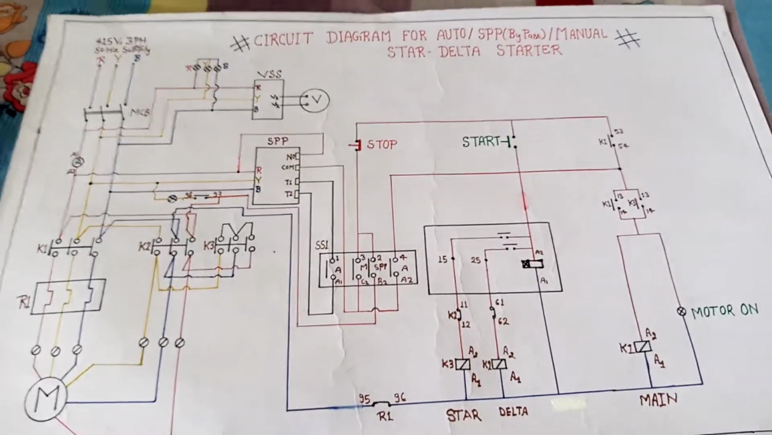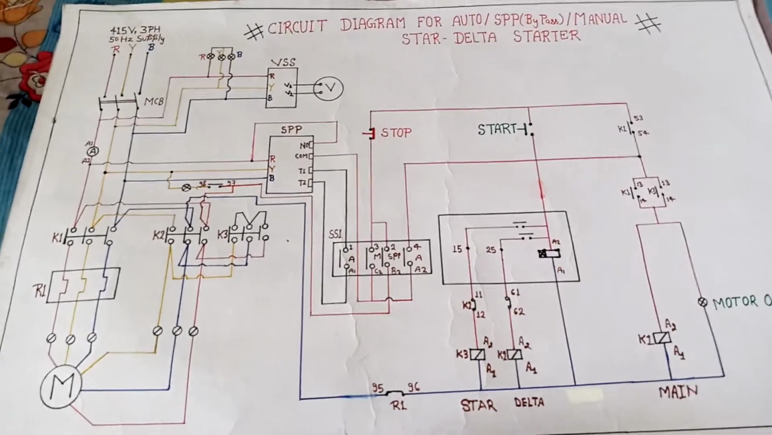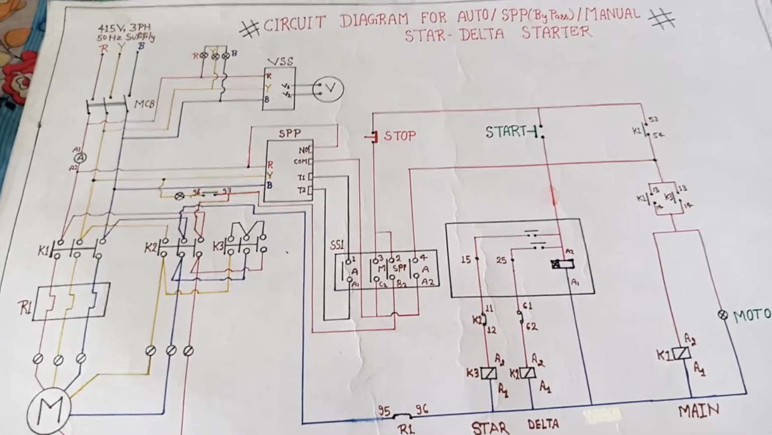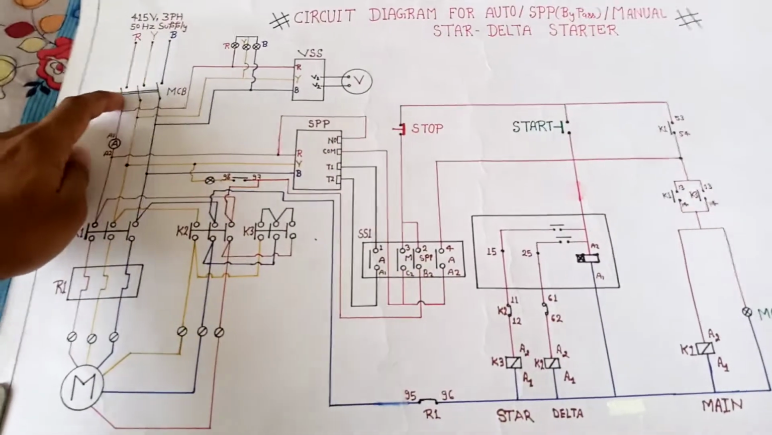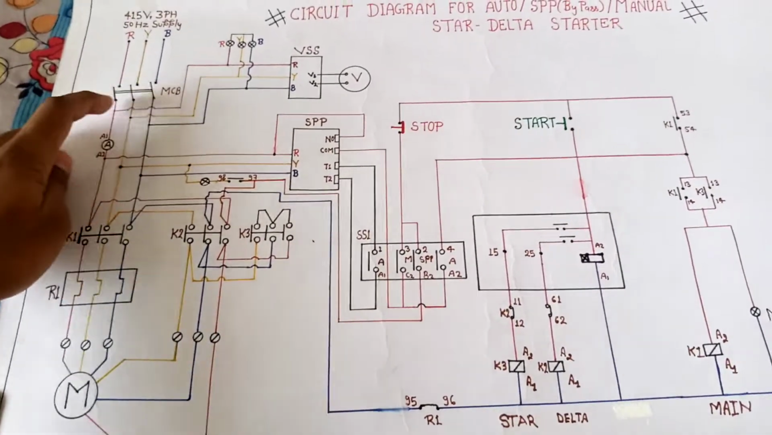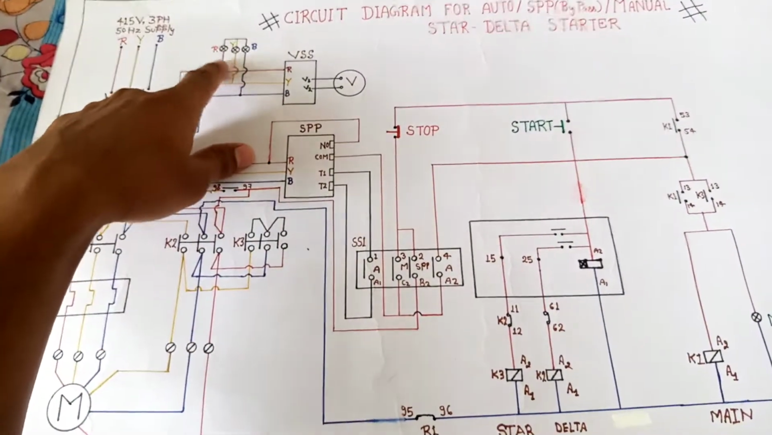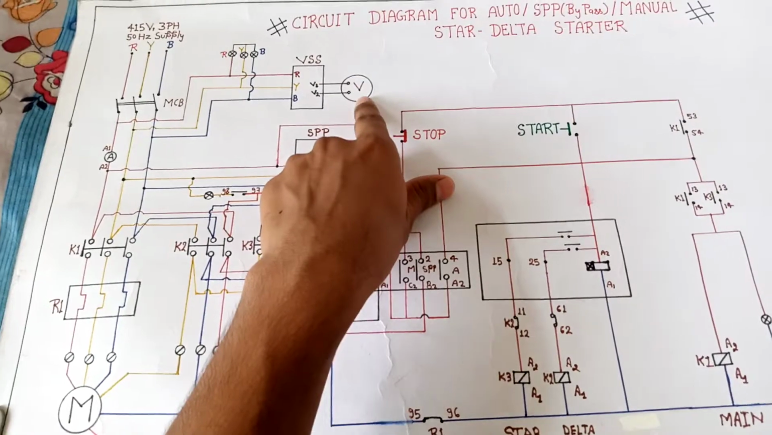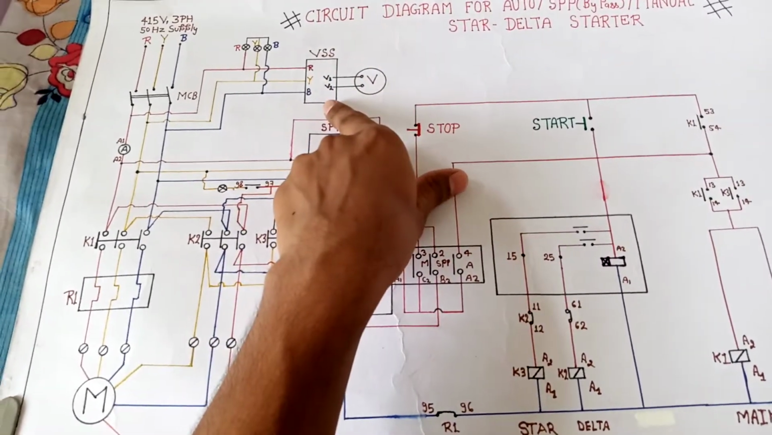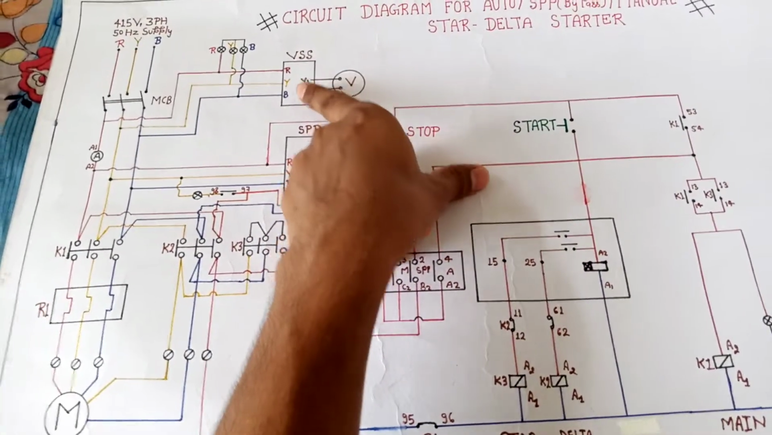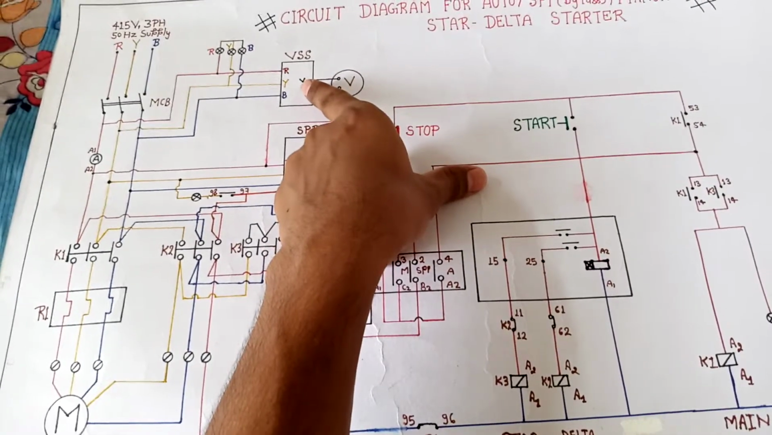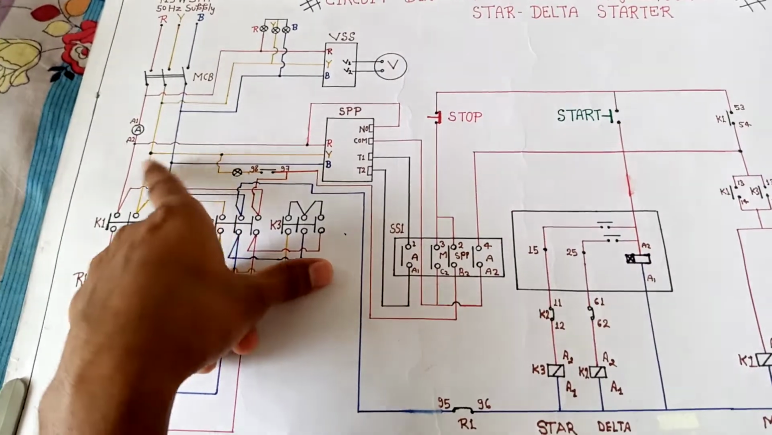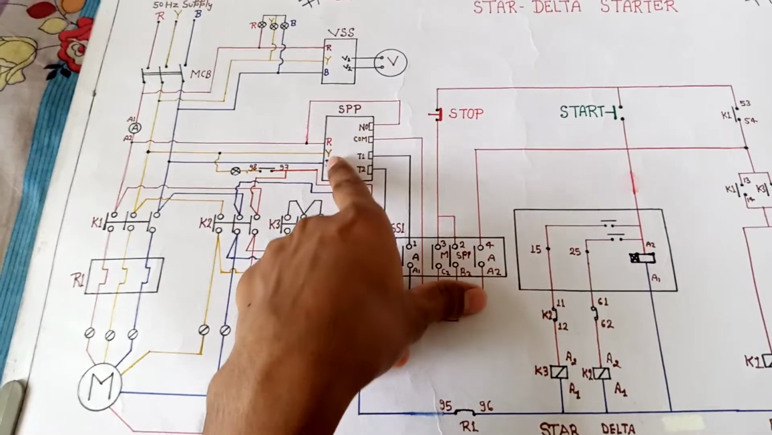Now we discuss how our star delta starter works. First of all, you see, if we switch on our MCB, then the supply goes here, the RY indicator glows, and the supply comes to the voltmeter and voltage selector switch. We can measure any two terminal voltage with the help of the selector switch, and our supply goes through the SPP input terminal